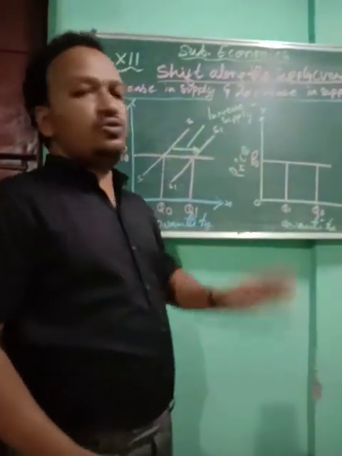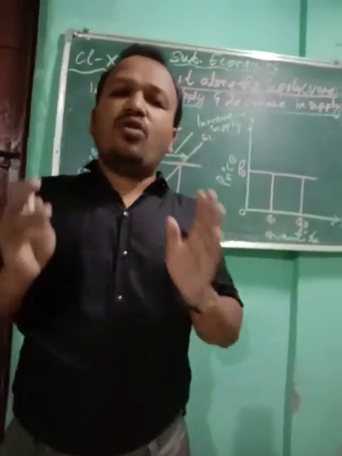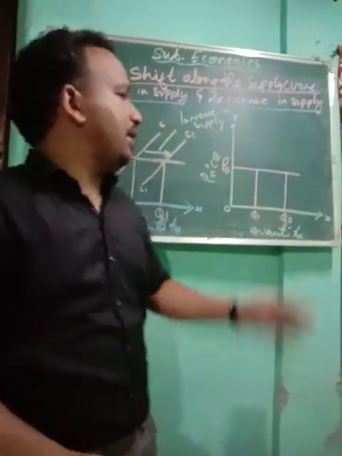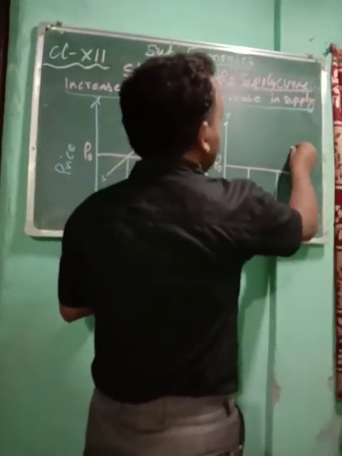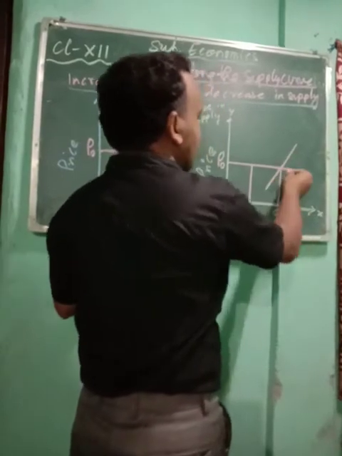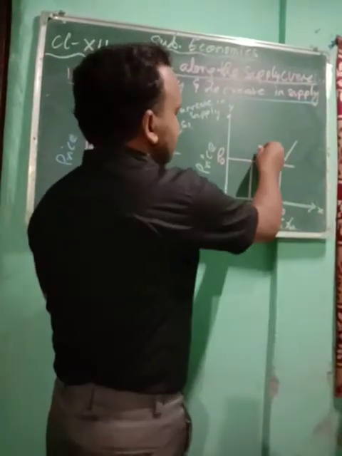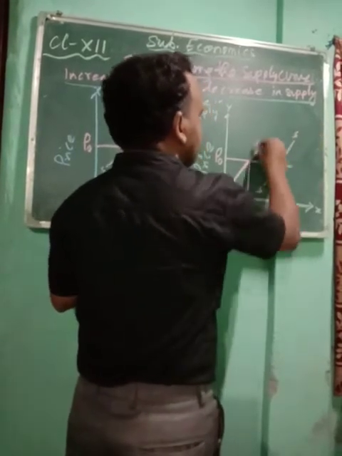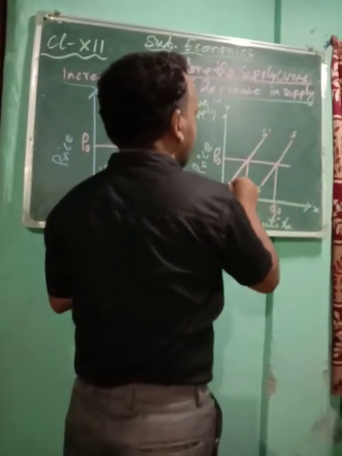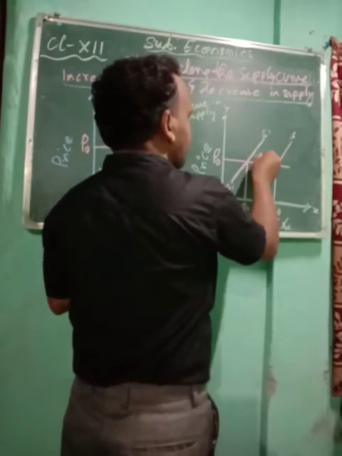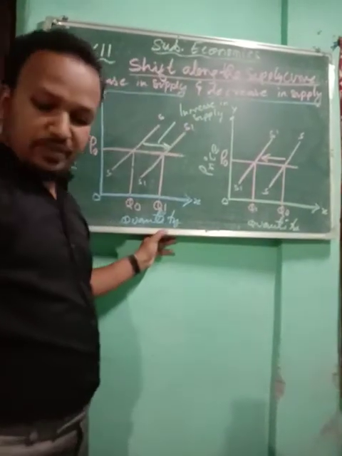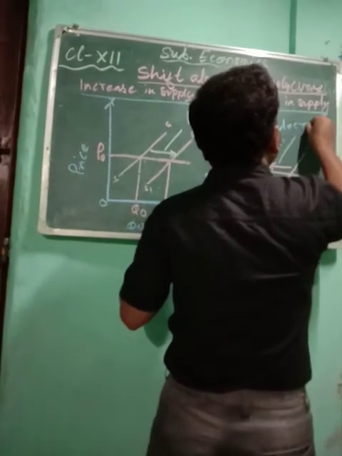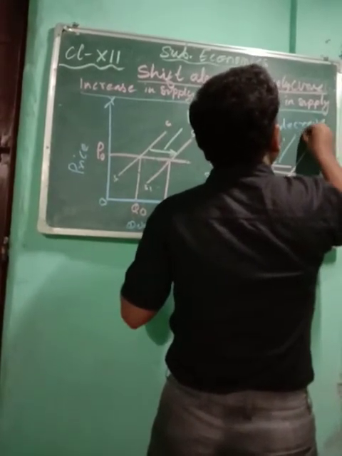So here also, when the cost of the production will increase, naturally the supplier is going to reduce the supply at a given price. So you see, before the supply was more, now due to increase in cost of production, supply has reduced. So this is your first curve, so you will write S, second S1. Okay, so here you will be showing backward, so from the right it is moving toward the left. This is your decrease in supply.